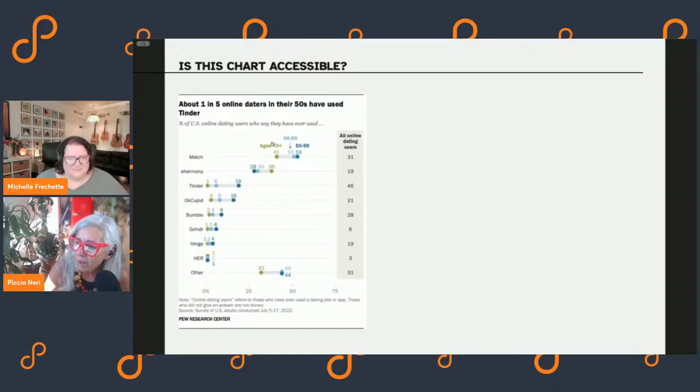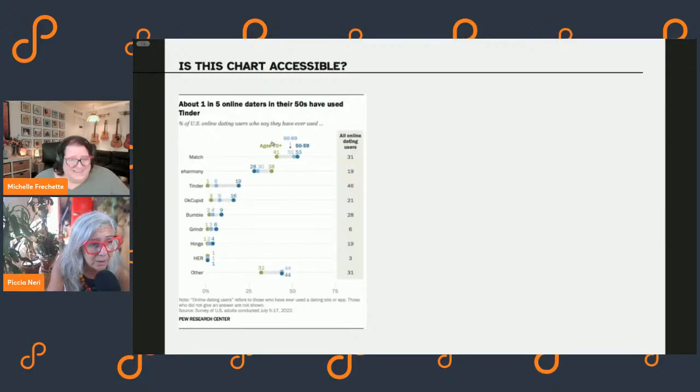No, I'm not actually even able to describe this chart, because I don't know what it means. I'll describe the eHarmony line, which goes from left to right, and roughly in the middle of it, it has a dark blue dot on top of which is the number 28, a lighter blue dot almost overlapping with a number 30, then a gray line, and a bit further on in green, another dot and the number 38. In the column on the right, it says 19. I have not got a clue.